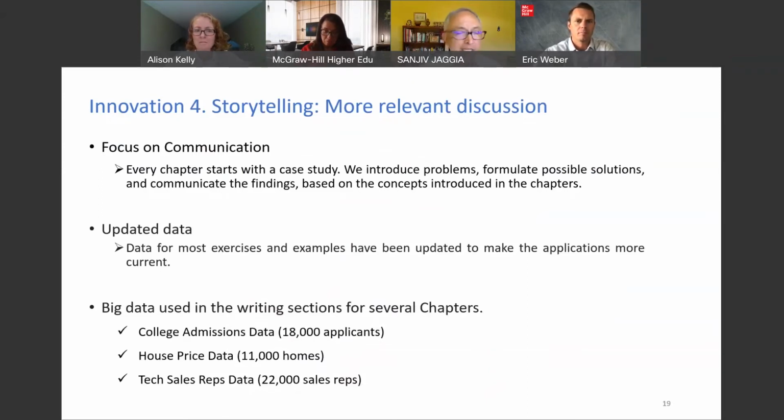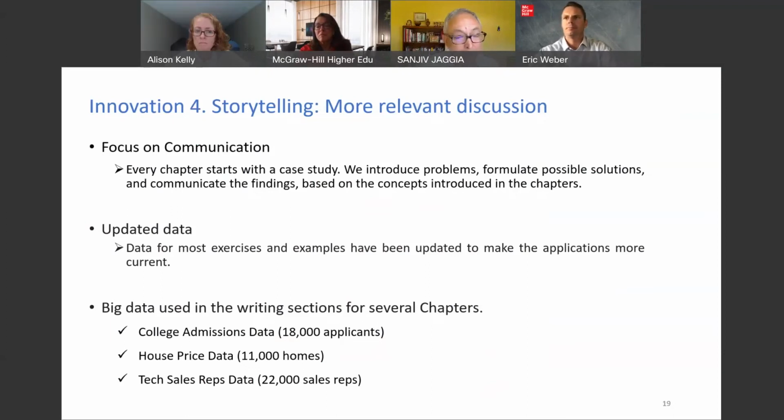The title of our book was always, with the colon, communicating with numbers. So storytelling was always important. We have just now focused even more on it, especially when you're making that indirect connection with analytics: takeaways, action. That's the end result. Just showing the mean is 33.29, yeah, it's an interesting solving of the problem, but what does that mean? What does that mean to the business or to the organization or to a consumer? So what comes out of it? That is what we are trying to emphasize.